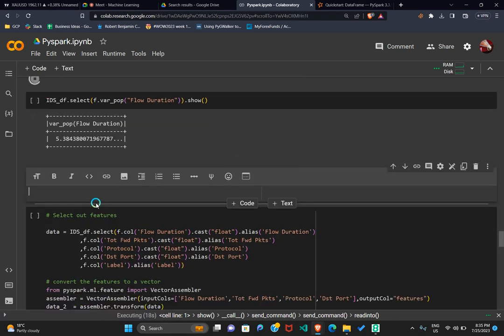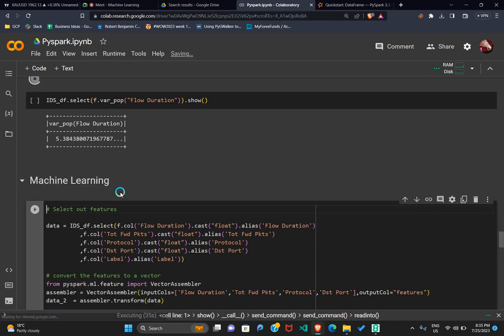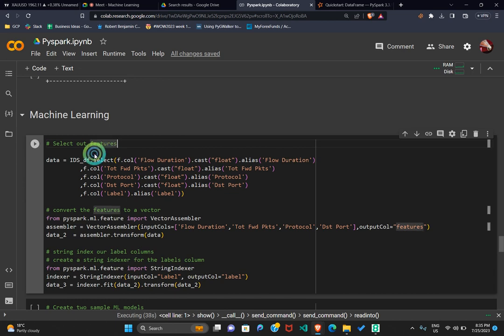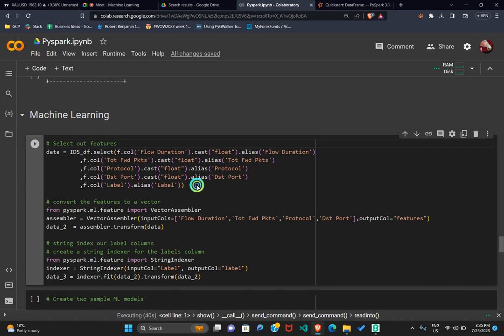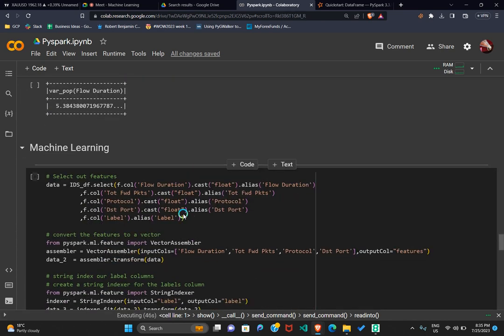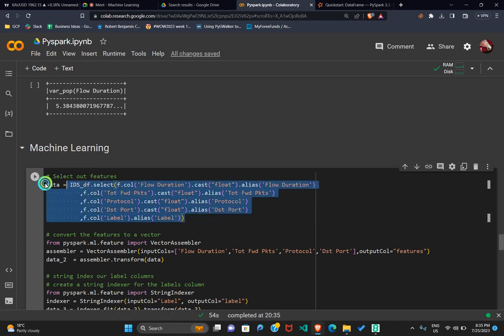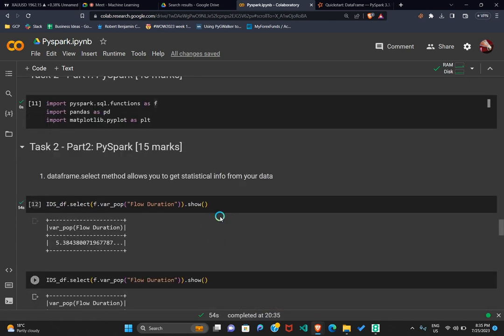So the next part is the machine learning part with PySpark. How do you fit machine learning models for big data? For big data, this is where the F function is important because you can't use the SQL here, but I believe there is a way in which you can use SQL here also to format your data set. So first of all, we have this